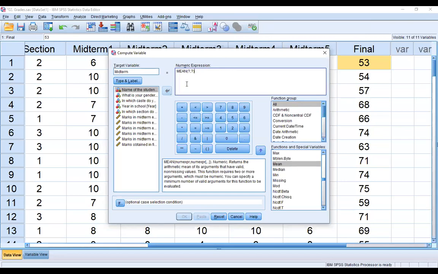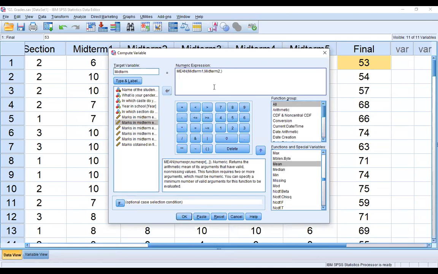So I'm taking the mean of the 5 midterm exams. One by one, I'm transferring here the marks obtained in midterm 1, and then a comma. We should put the comma; if we don't put the comma, then we cannot find the mean value.